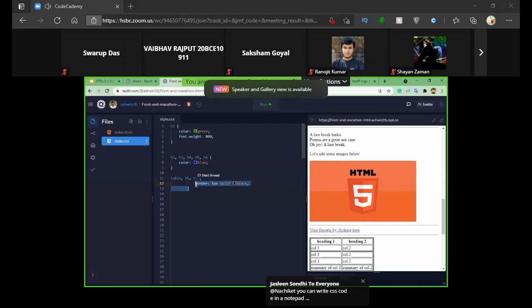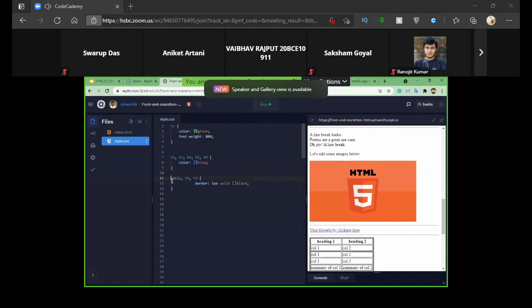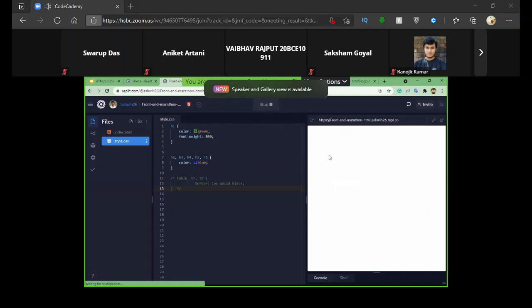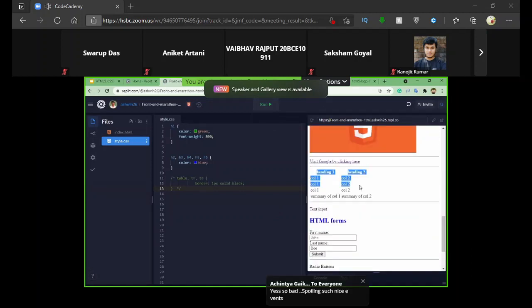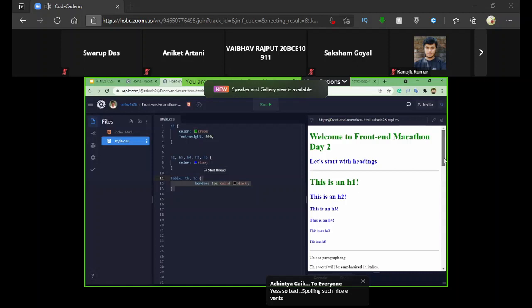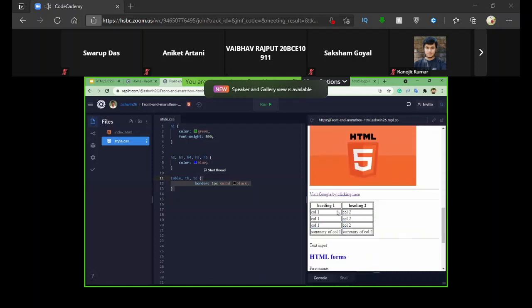So if I try to comment this out, in CSS we comment it using slash star and star slash. Okay. So this is how we comment code inside CSS files. So if I comment the table stylings, as you can see, the border has disappeared, right? If I remove these comments and try it again, it will come back, as you can see. So that's how we select each and every tag inside this CSS part, and we provide the property as well as the value. Okay.